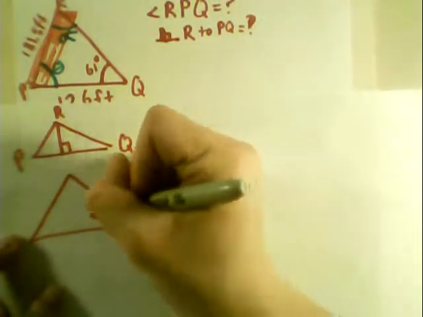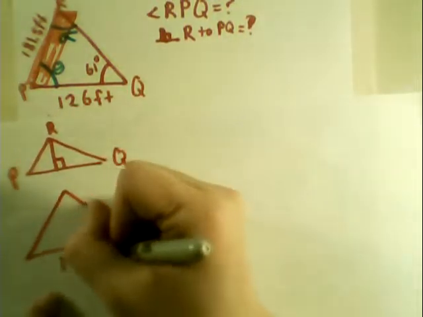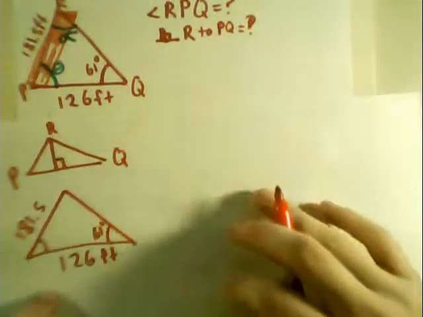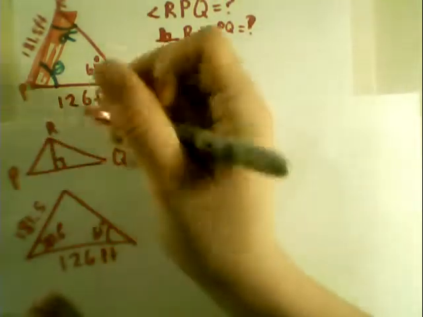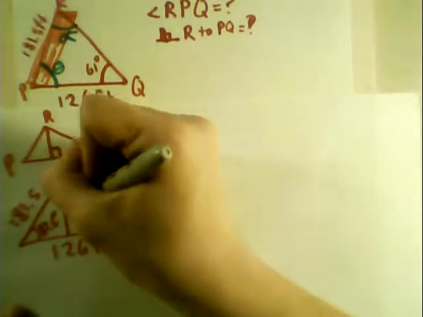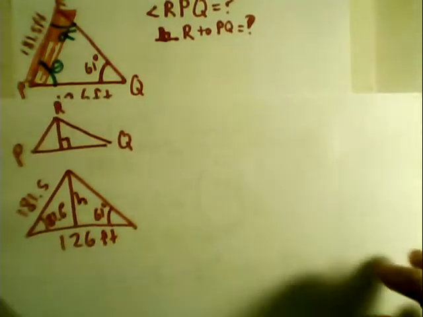Okay, so we have this 61 degrees, we have the 126 feet, we have 181.5. We know that this angle is 81.6, and let's drop that. Okay, so we're looking for the height of that bisector,